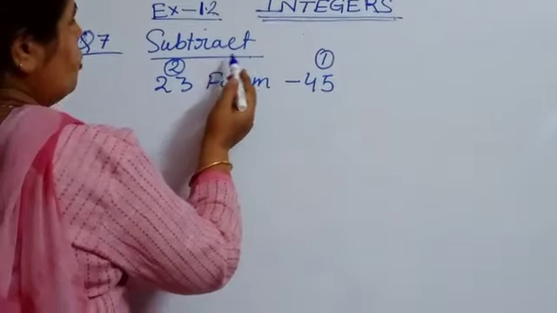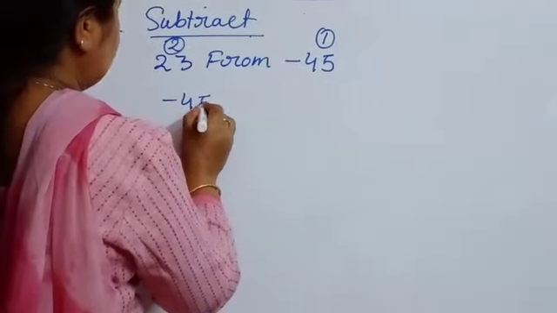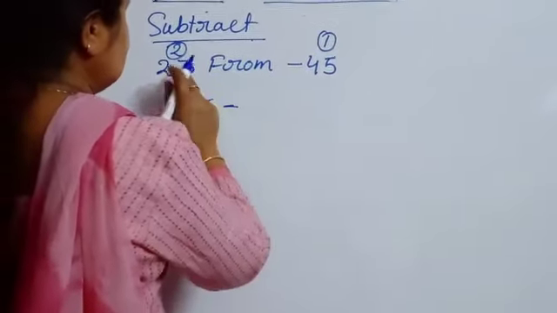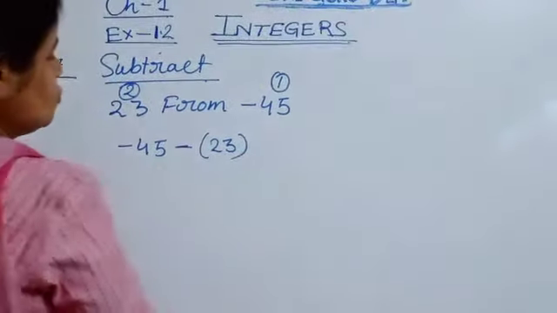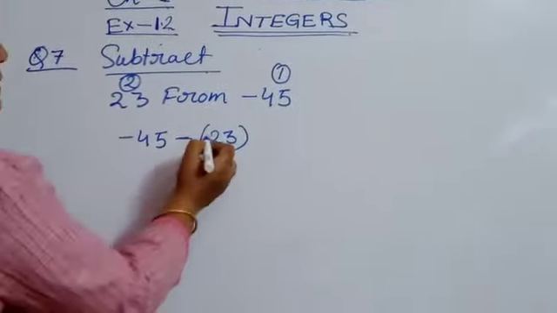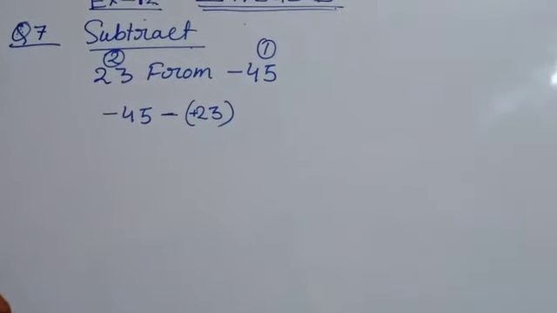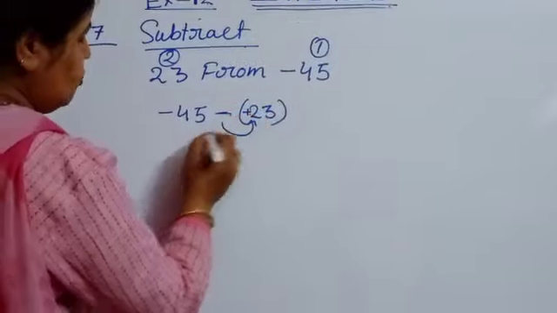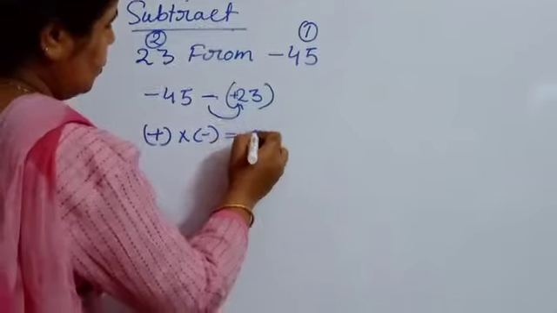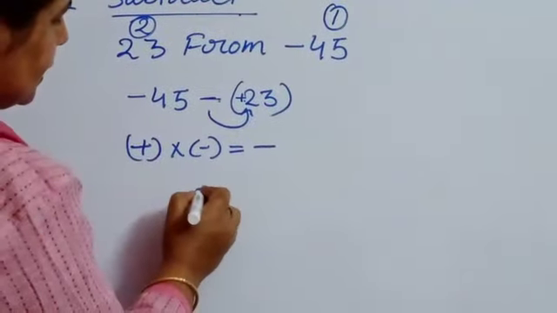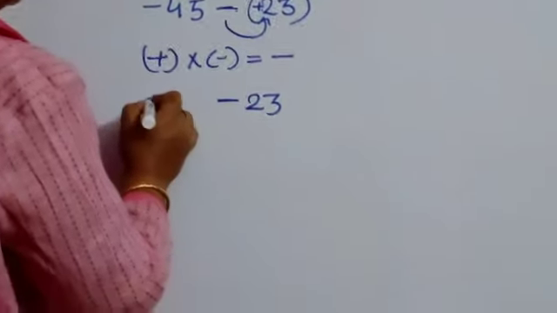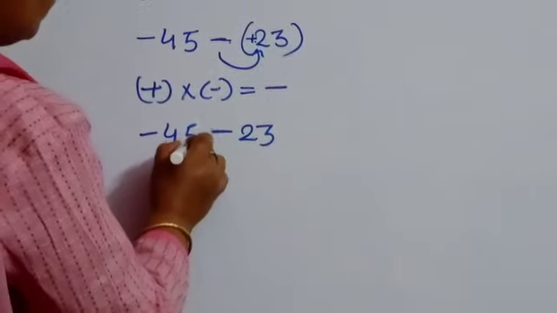Subtract. You will first write minus 45. And for subtraction, what sign do you use? Minus. Put minus and then write the second number, that is 23. Understood or not? And 23 has no sign, so a number with no sign always has a plus sign in front of it. Now just apply the rule of plus into minus. Plus into minus, for opening this bracket, is equal to minus. So put minus here as the resultant sign, and it will be 23, and the first value will remain the same, minus 45.